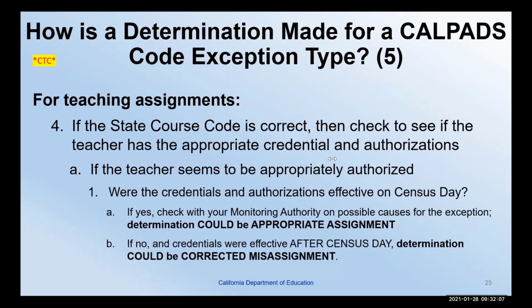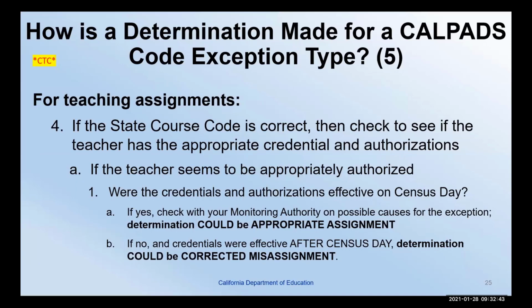We have a bunch of older credentials that were issued back in the 70s. That credential structure doesn't really match what's necessary to be monitored in CalSAAS. Too many CalPads and CalSAAS here. Very difficult. Bear with me on that one. But anyway, for those older documents, they're just going to show up as exceptions because that's the only thing we can do with them, and we want these to be monitored. There's not very many of these left, but there's still a few kicking around. And then the other reason an appropriate assignment might be triggered is that we had a decoder omission. We forgot about an authorization.